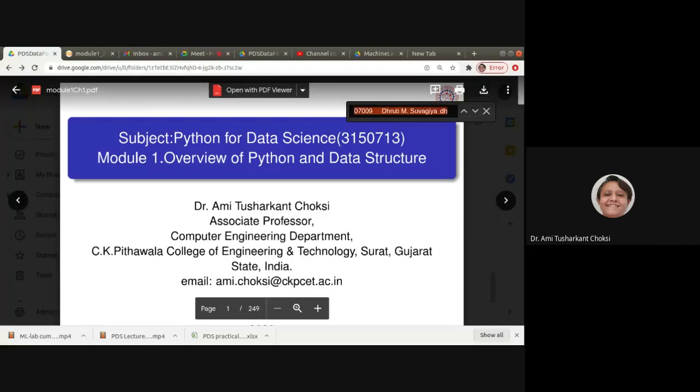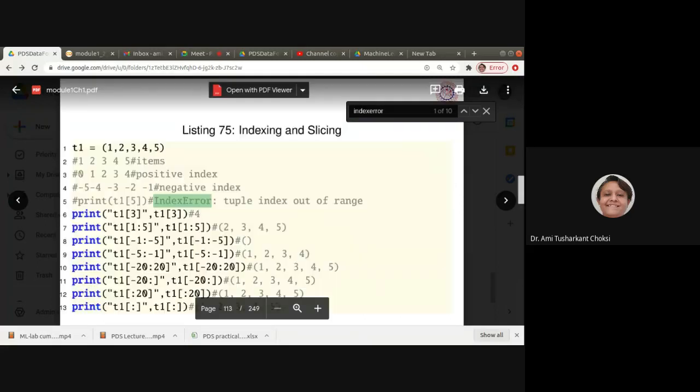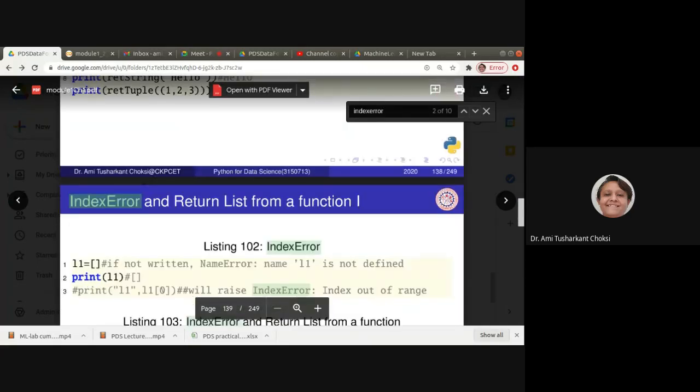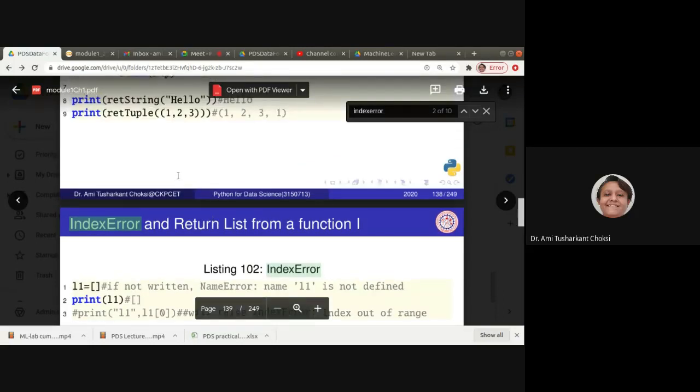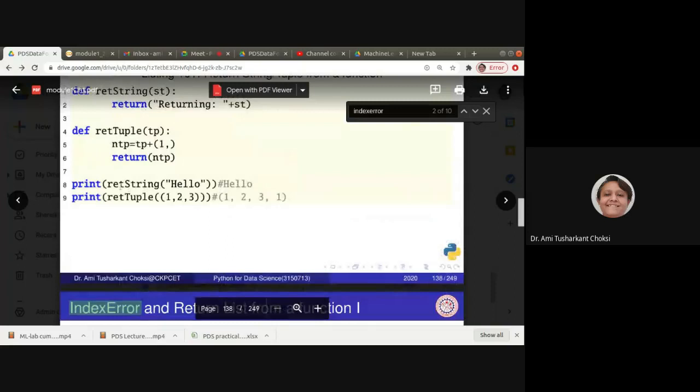So now what we want to know is index error and return list from a function, right? We have seen return from functions, that is return string and return tuple, in the previous lecture, right?